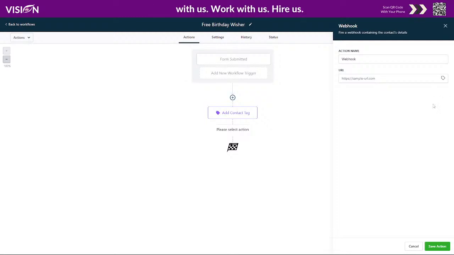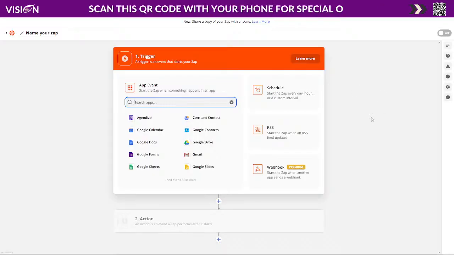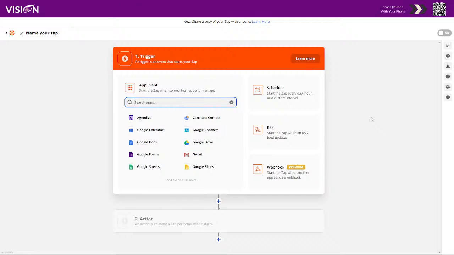Okay, so what I want to do is go to Zapier. All right. Now, if you're unfamiliar with Zapier, Zapier is a platform where you can basically get 2 different softwares to talk to each other. Okay. Webhooks are really, really popular. And just to explain webhooks in the most simple form,